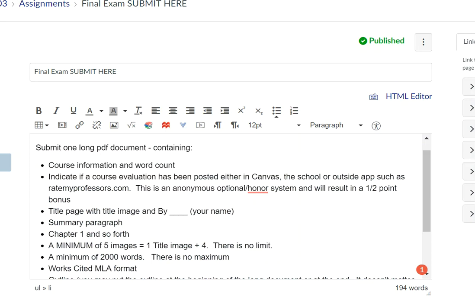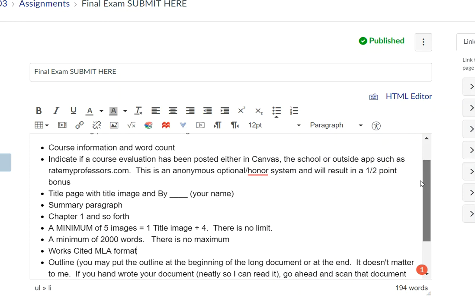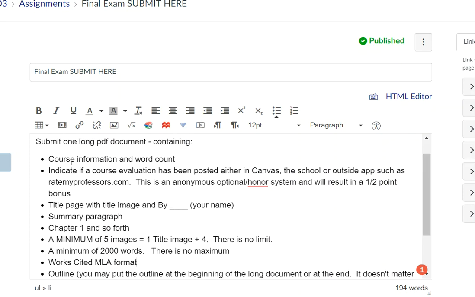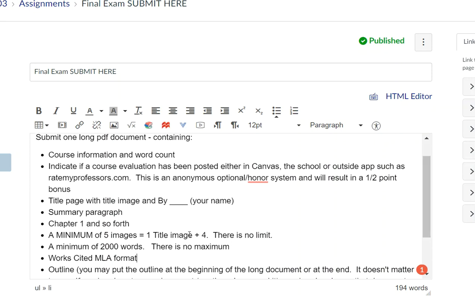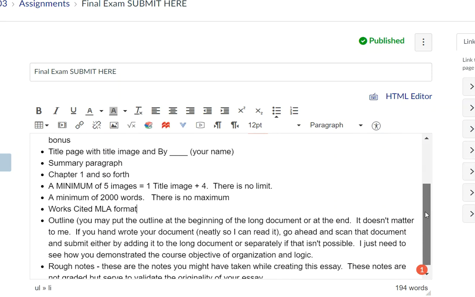And make sure that you, from time to time, go to that Final Exam Submit Here tab and look at that checklist of what's due. Remember, what's due is your course information and that important word count, and indicate that a course evaluation has been placed somewhere if you did. I don't care where, as long as you just put down that you evaluated the course somewhere, good to go. Title page with the image and then by your name, a summary paragraph, chapter 1 and on the essay goes,